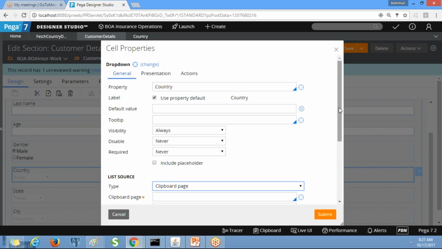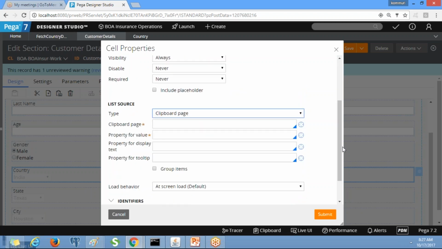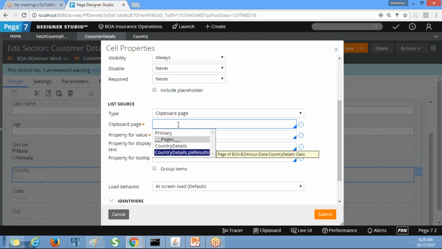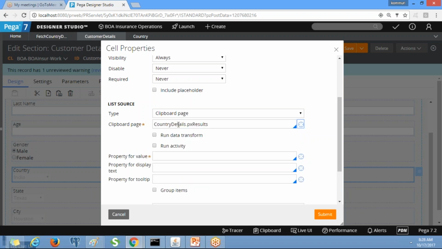Go to the view properties and under the general tab you will see the list source type. So clipboard page. We need to select the page now. We have already defined it in the page and classes, right? So you need to select country details.PX results.